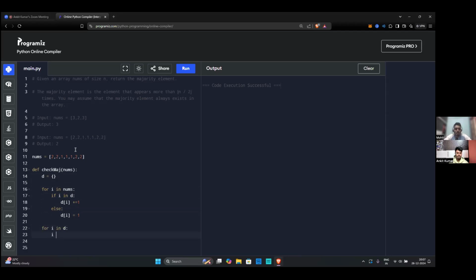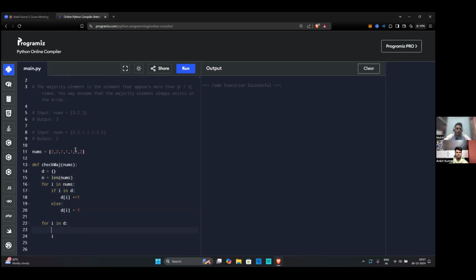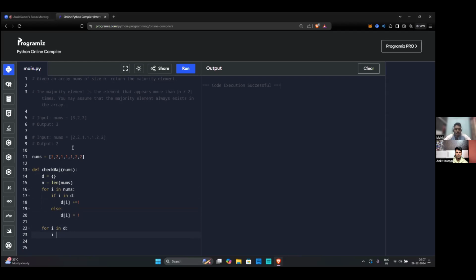I'll just save it here also. So n will be my len of nums, and if t of i is greater than my n divided by